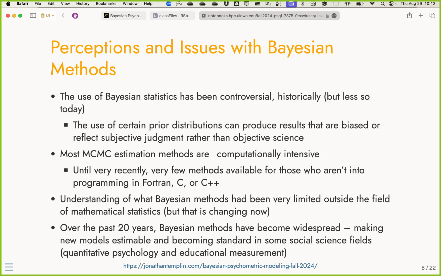I feel like I was in the early days. I mean, Thomas Bayes lived in the 1700s, but the pairing of Markov chain Monte Carlo and computation came to statistics in the 90s, and then education and social science a little bit after that. That's where I grew up. It was really difficult compared to now. Things are much easier in Bayes now. One other thing I forgot to mention: when I mentioned estimation and Bayesian, not all Bayesian methods need MCMC to estimate. MCMC is one type of estimator for Bayesian methods.